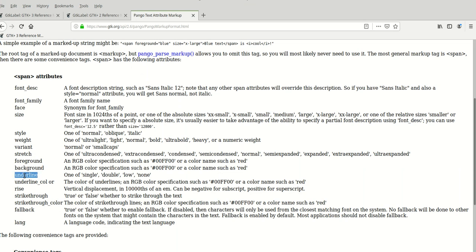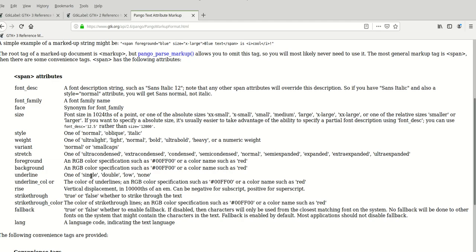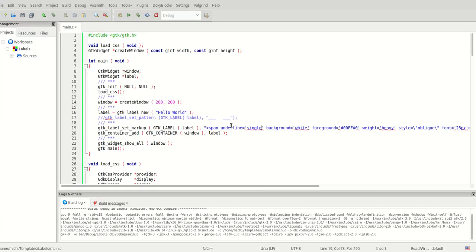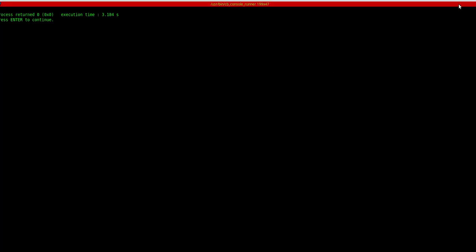Another thing, yes, of course, there are the underlines which are single, double, low. This is another good thing too. So this means underline, let's call it single. Okay, you will see underline on the background is right here. You don't see it well because of that white